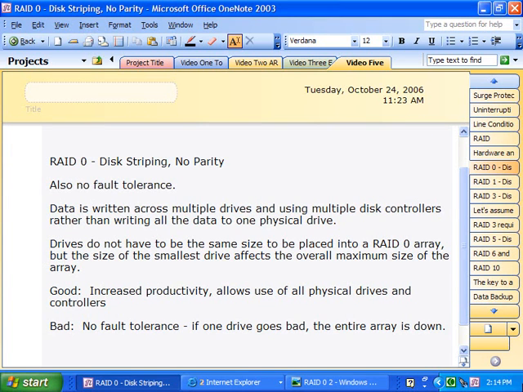With RAID 0, here at the bottom of the whiteboard, I've mentioned the good points and the bad points. And the good news is we do have increased productivity. It's actually more productive to write files across multiple disks than just to write to one. And it does allow us to use all the physical drives and all the disk controllers. But the bad is pretty bad. There's no fault tolerance. And once again, I mention that because if one drive goes bad, the entire array is